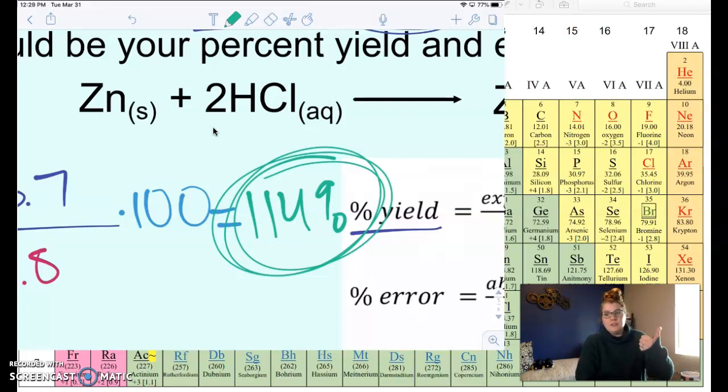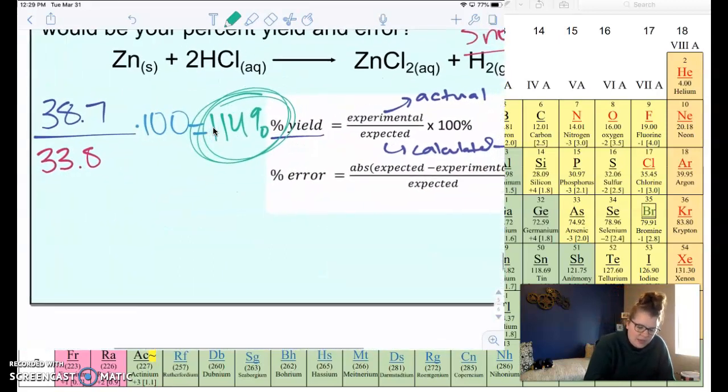Maybe there's some excess reactant laying around that's causing it to weigh more. Maybe it's wet. Maybe there's something else in there. There's a slew of things that could have happened. So this kind of clues you into what could have happened and how much that error did happen. So now let's go ahead and do